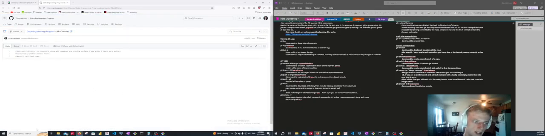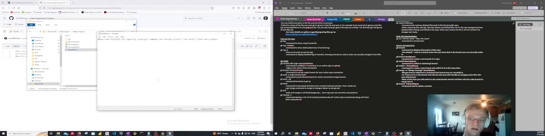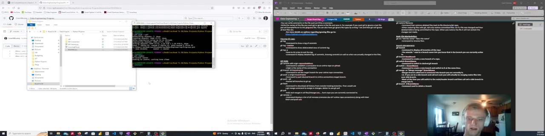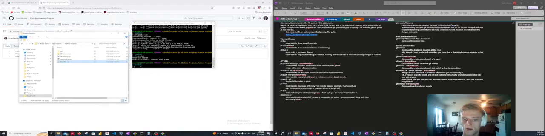Yep, commit message, update readme, commit directly to the master branch. That makes sense. So if we look at the file on my personal PC, no change yet. I do git status, nothing to commit, so we need to pull now. So git pull,